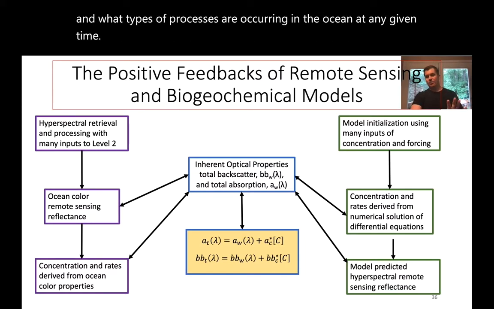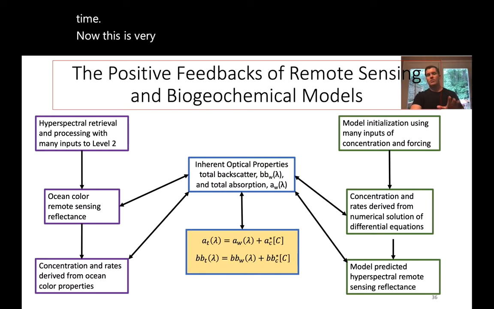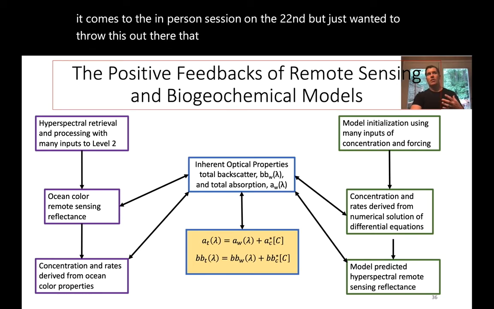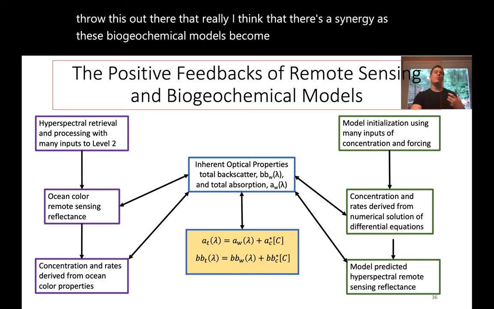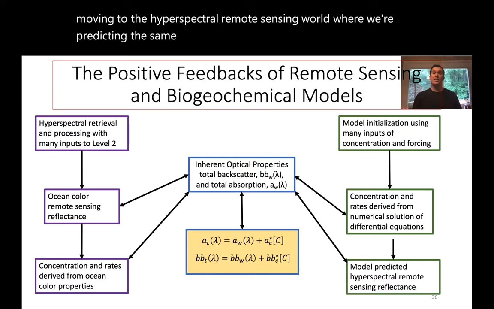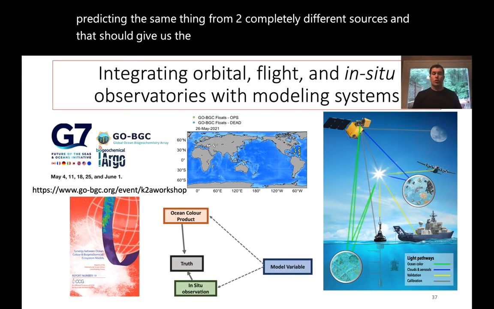Now, this is very simplified, and I definitely have some thoughts once it comes to the in-person session on the 22nd. But I just wanted to throw this out there, that I think there's a synergy as these biogeochemical models become more sophisticated and we move into the hyperspectral remote sensing world, where we're predicting the same thing from two completely different sources, and that should give us the ability to converge somewhere onto the truth,